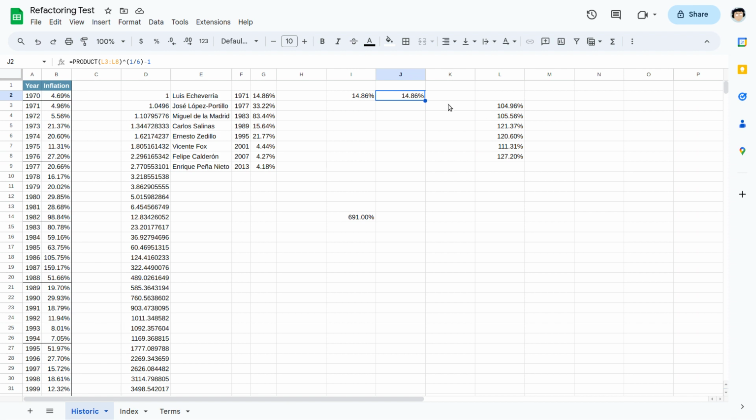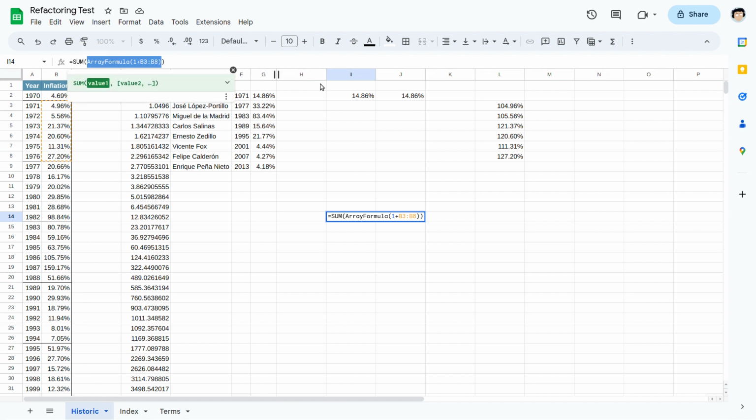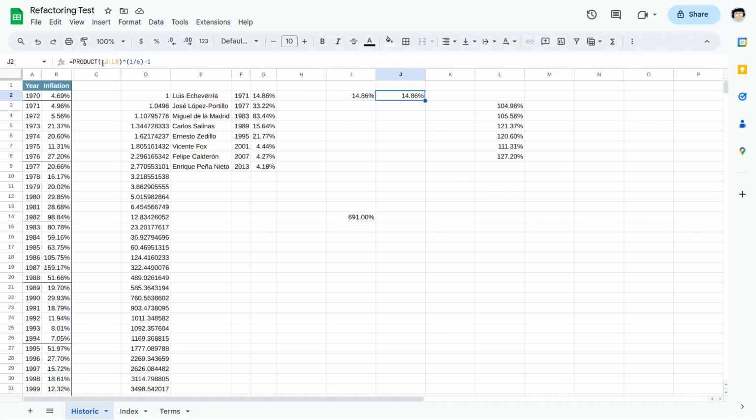Okay, so here, instead of a product of those, I can say a product of array formula 1 plus the range I want to add, and this is exactly the same thing, right? But now I don't need anything else. Everything is contained in this cell. So that's it. That's the magic that allows me to get rid of all this complex multiplication. Just do one product, array formula of that,